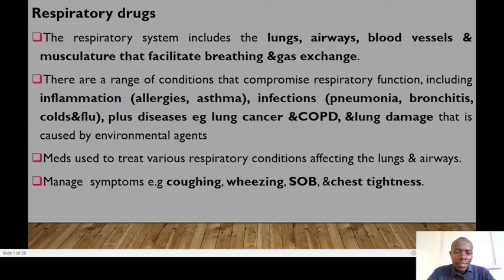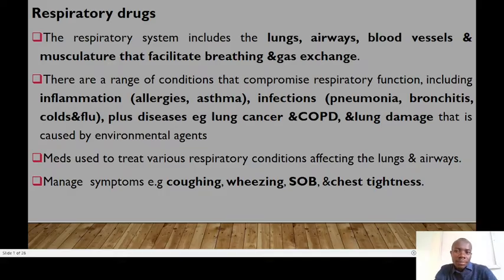Today we're looking at respiratory disorders. Guys, the respiratory system includes the lungs, the airways, the blood vessels, and the musculature that normally facilitates breathing and gas exchange. So there's a range of conditions that will normally compromise the respiratory functions, and this could include inflammation, also the allergies and the asthma, could be infections like pneumonia, bronchitis, cold, the flu, or